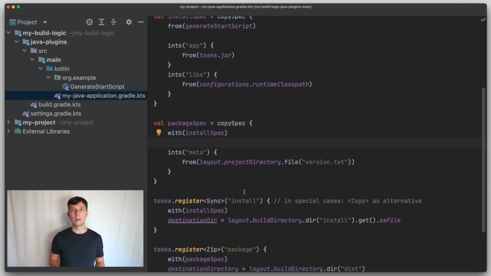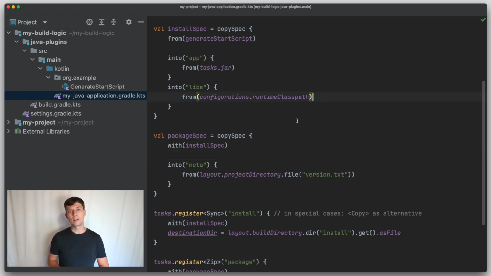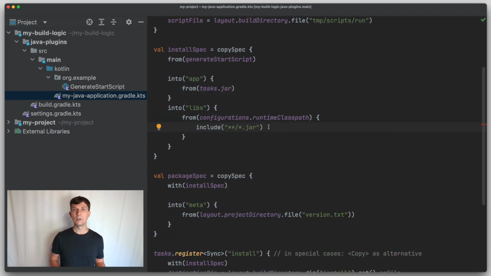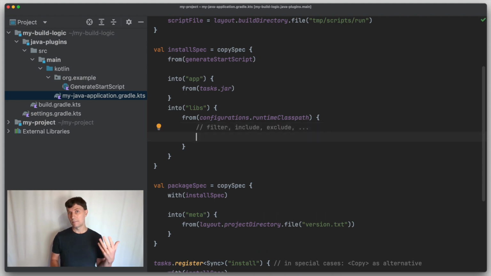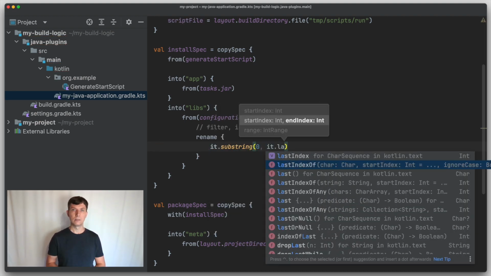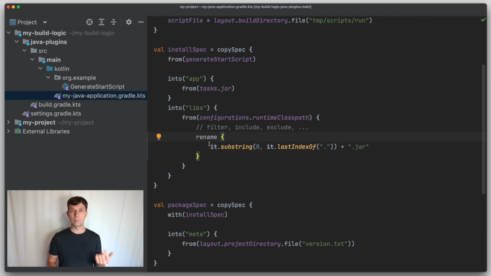Another thing you sometimes need is that you get a whole directory tree and then you want to filter out certain files. For this, the copy spec offers the option to define your own filter function or to use Ant style include or exclude statements. If files come from a location that's out of your control, like the external dependencies we downloaded, you might want to rename them in the final location, which can also be done as part of the copy spec. You can define a rename closure, for example like this, to strip the version part of the jar file name. Note that such operations are scoped to the into or from block you use them in. Therefore, you have very fine-grained control over such tuning.